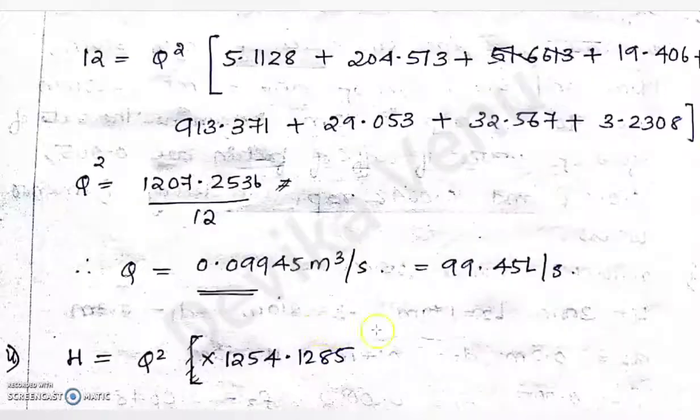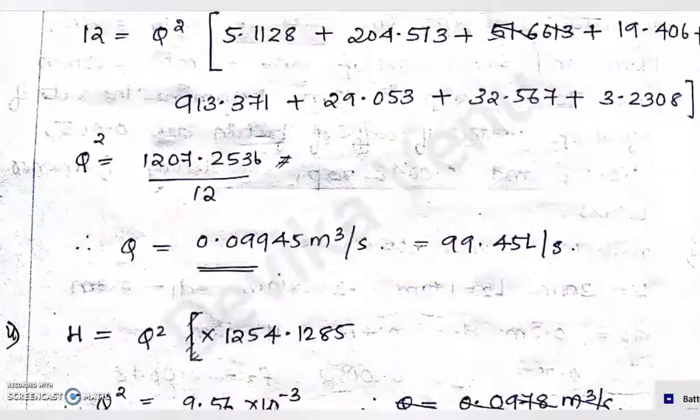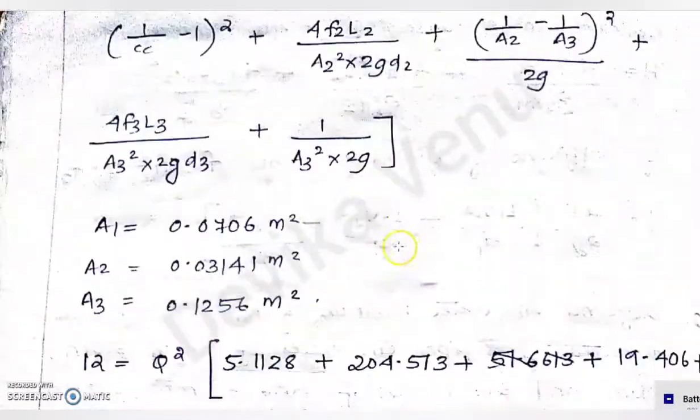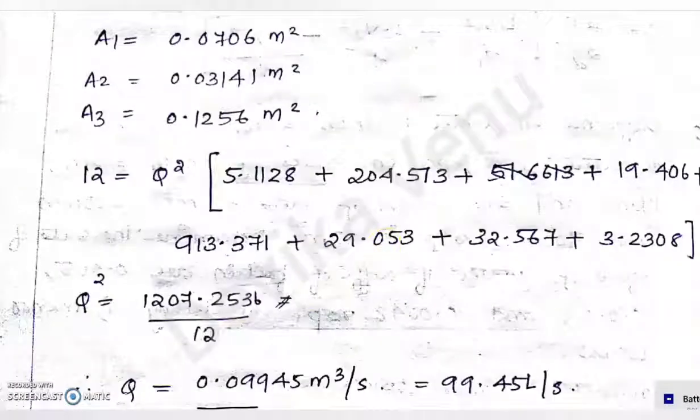And here there is a mistake. So this one is a mistake. So that is q square into 1207.25 is equal to 12. So from here you can see q is equal to 1, whatever value you get. Okay, so this is just a writing mistake. That's all. And I hope this question is clear too. So if you have any doubt, you can ask regarding the same. Okay, thank you.